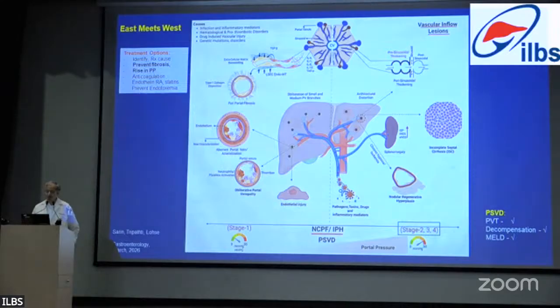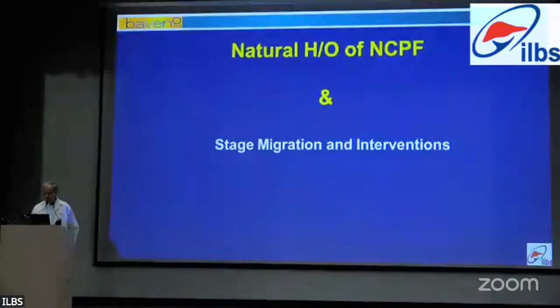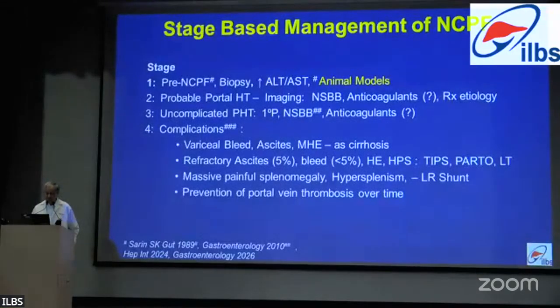Very good question. This was Dr. Nitin Gupta's DM thesis for clinical and Nidhi's PhD. Both showed independently that when we gave antibiotics, Nidhi showed a decrease in NCPF and in portal pressures, and Nitin showed it with probiotics, but we could not continue. But I agree with you. One of the ways of treating could be to give antibiotics to some of them. I do not know about anticoagulants, but I have not added antibiotics. Maybe we should try antibiotics or probiotics in them.